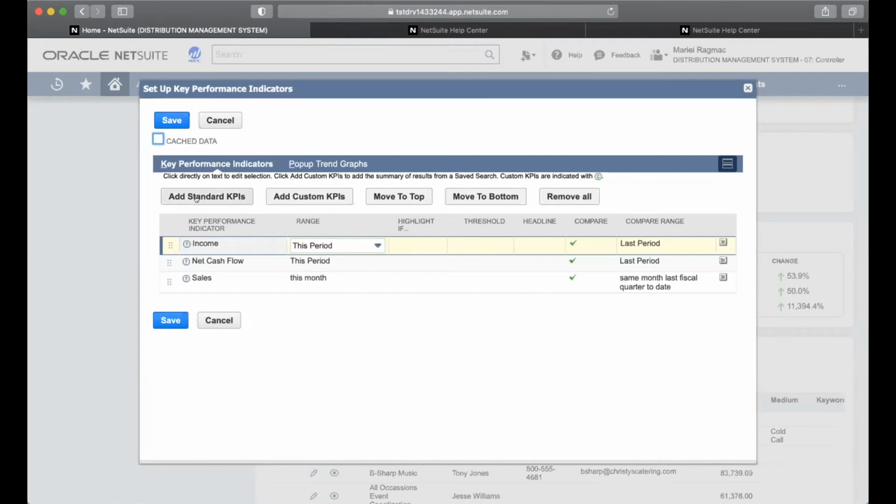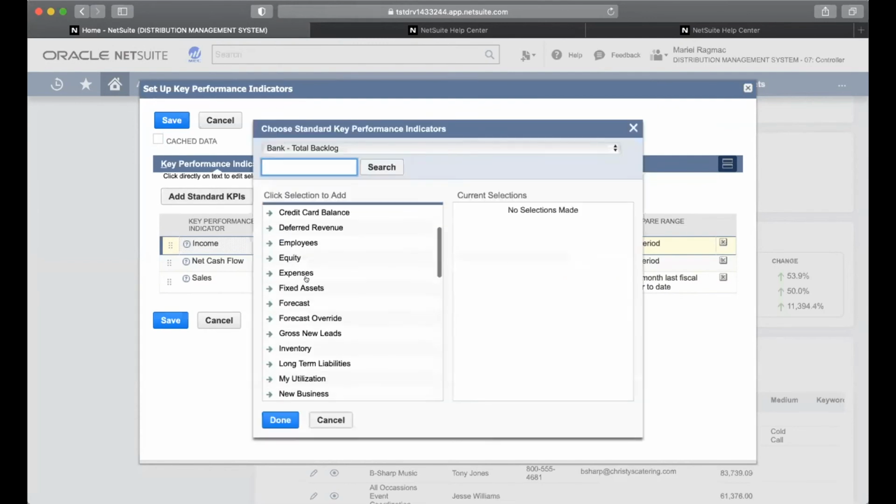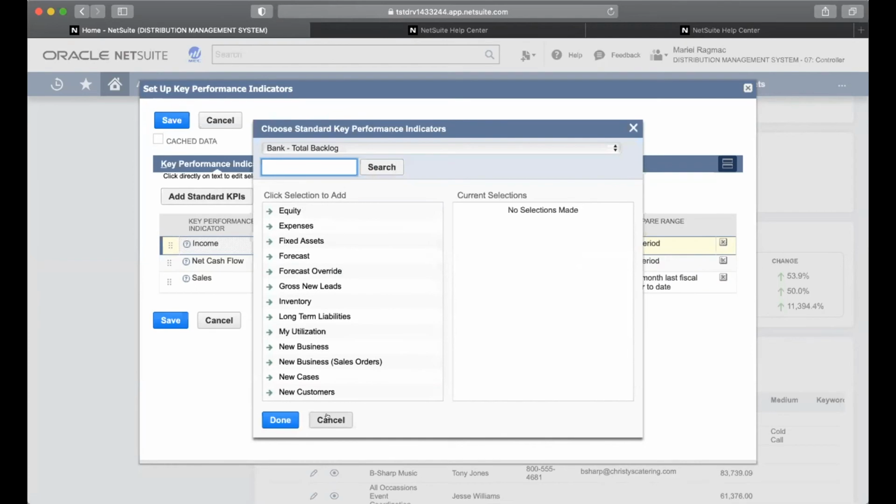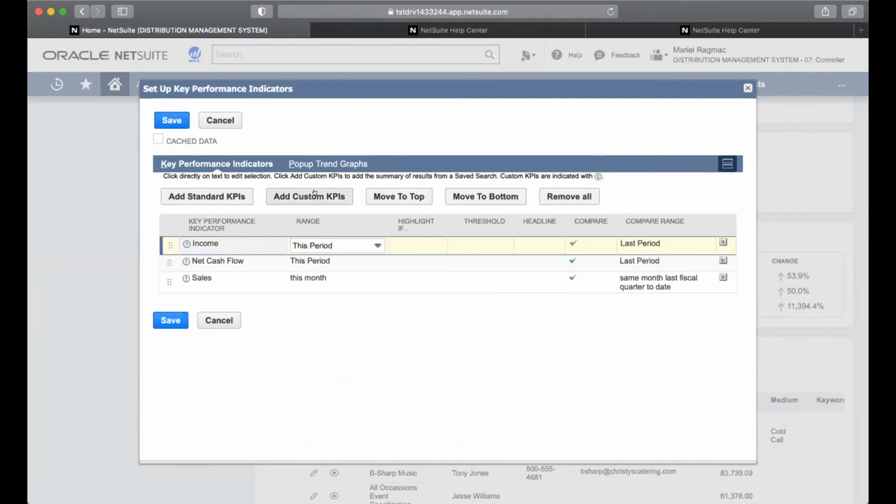So you have the option to add standard KPIs and custom KPIs. There are several standard KPIs that are available for you to use already in NetSuite, but you can also add custom ones. So the ones that I currently have, these are all standard KPIs. If I click on standard, all right, so those are standard ones. If I add custom,